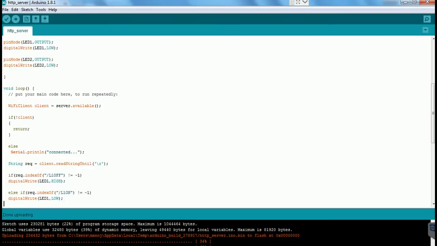Then we'll go to the request part. Here in the program I have created an object client of class WiFiClient, which is checking whether the server is available or not. If it is not available, then return, and if it is available, then it will connect to that server. Then I have created a variable request